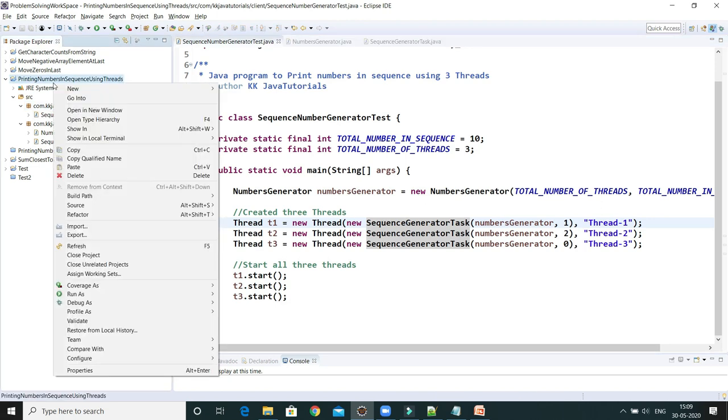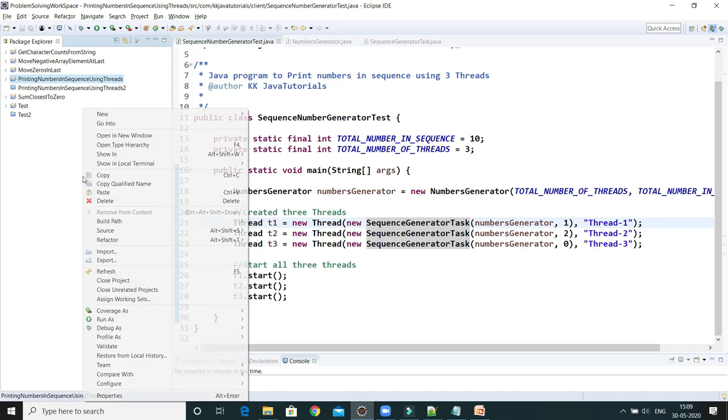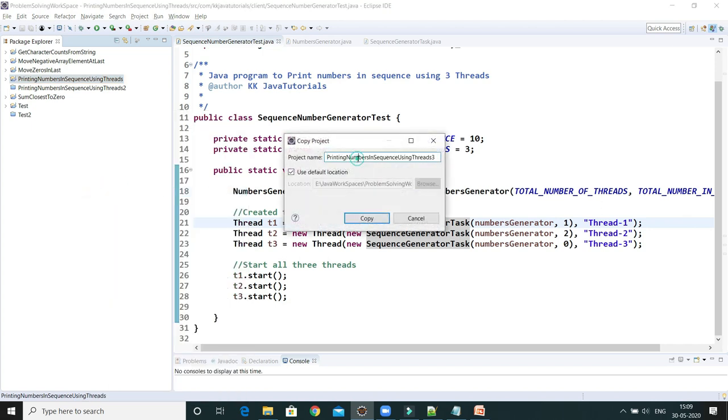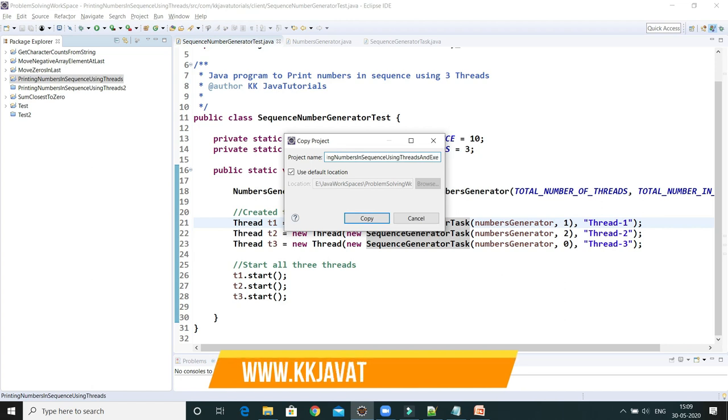So what I'll do is copy this project and create a fresh project out of it. I'll name it printing numbers in sequence using threads and executor.